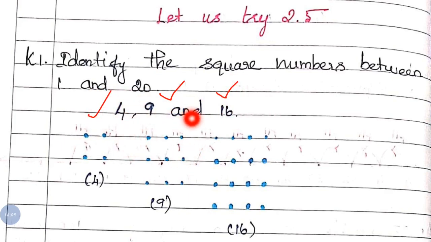Just make it with dots, you can show these numbers as square shapes. Okay. So for making these dots I have used a sketch pen. You can use either a sketch pen or else your pencil or pen to show this. Okay, that is your choice. But if you are using a sketch pen, please avoid red color, green color and pink color. Apart from this you can use any other color. That is your choice. Okay, so that's all. K1 question over. Let's move on to the next question.